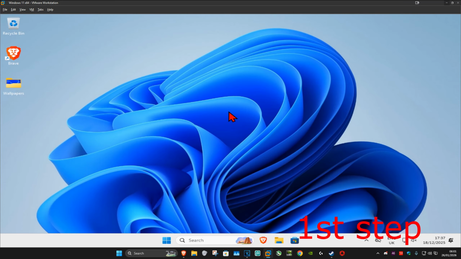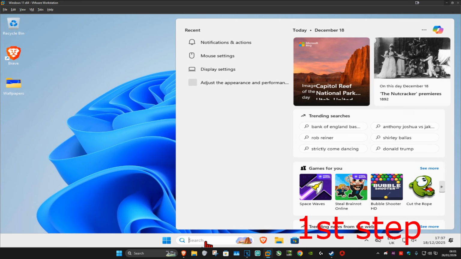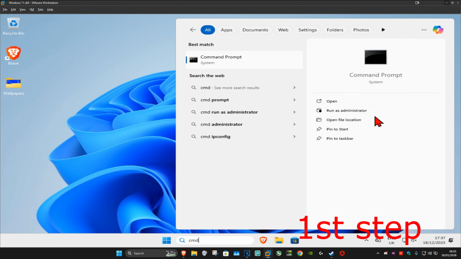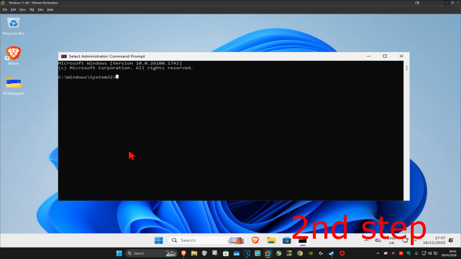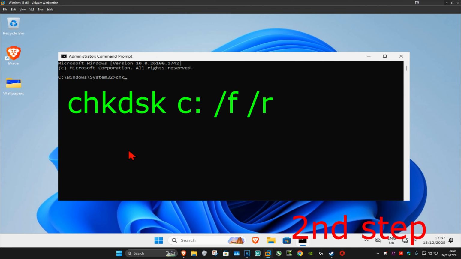So guys, for the first step, you want to go to search and type in CMD. Now, you want to run it as administrator and then click on yes. And now once you run this, you want to type in chkdsk space and now the drive letter of the